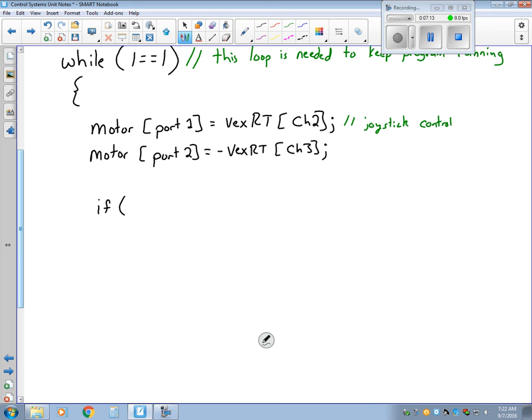So if the vex RT, and let's say button 8U equals 1. In other words, 1 means it's pressed, 0 means it's not pressed. So if that button is pressed,